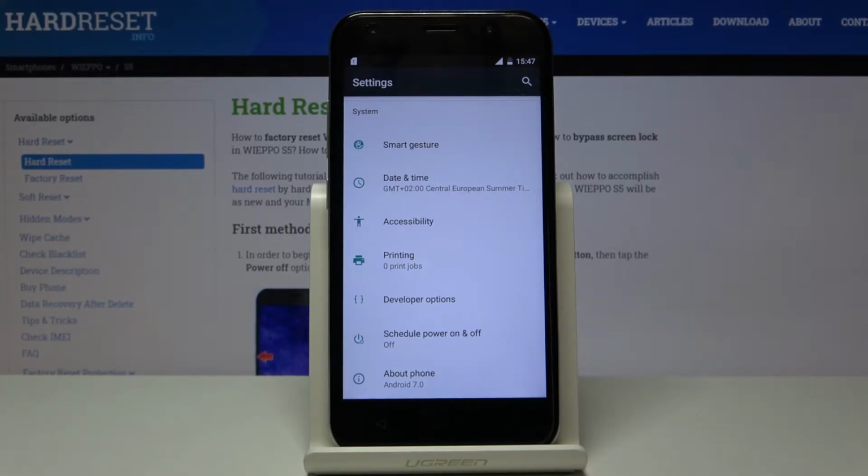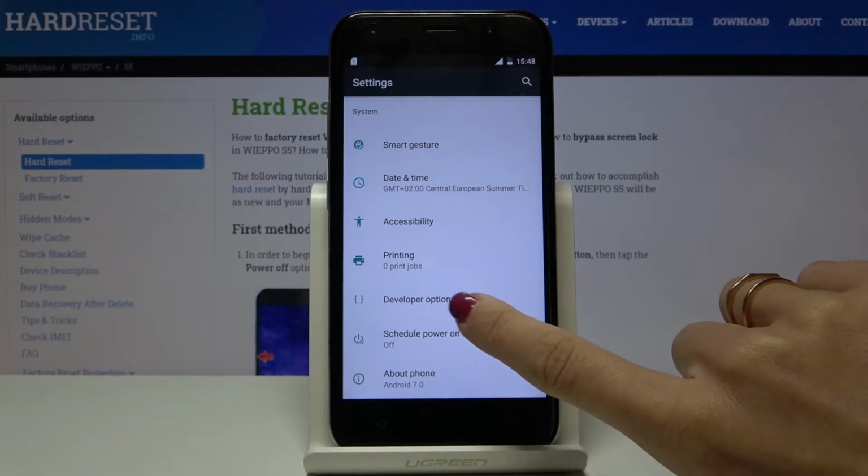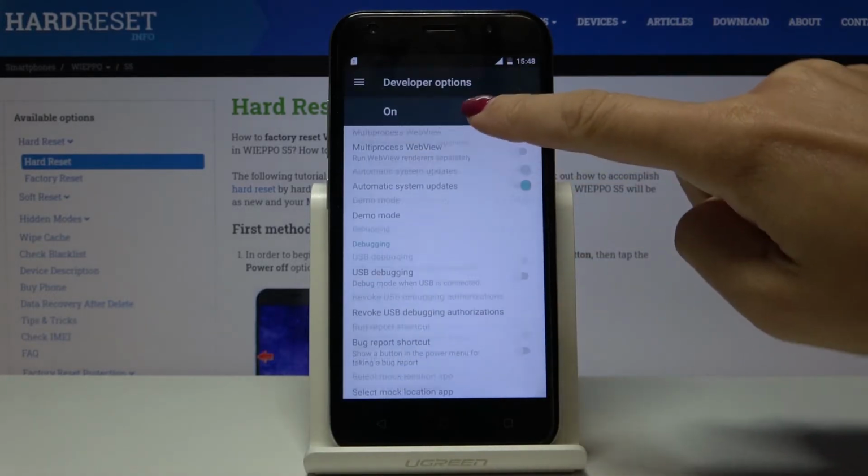If you cannot find developer options here, you have to unlock them. To do it, just take a look at the tutorial on how to activate developer options in Wieppo, and then smoothly unlock them, open, here scroll down a bit, and